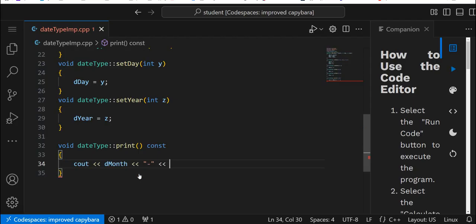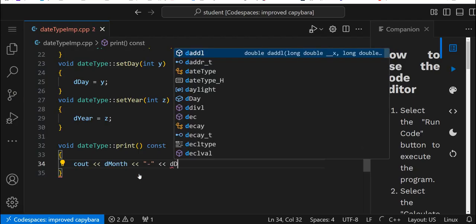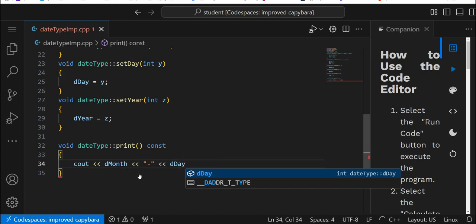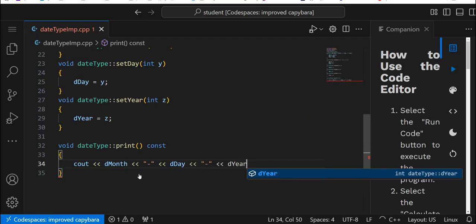And we'll go d day again. And then we'll go d year. Let's do semicolon because no dash after the year. And it's going to say, let's see, the month is,